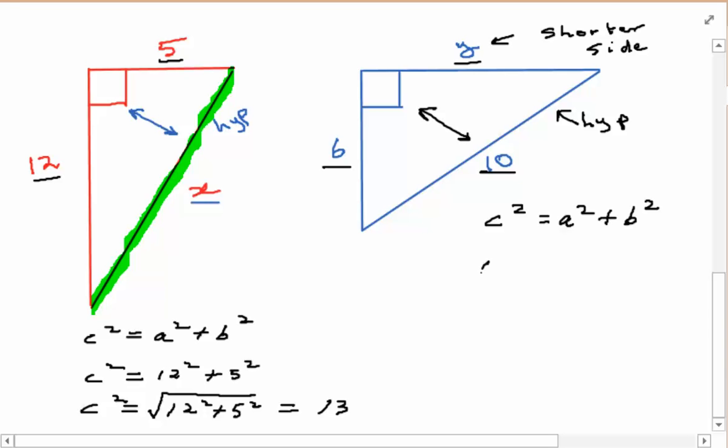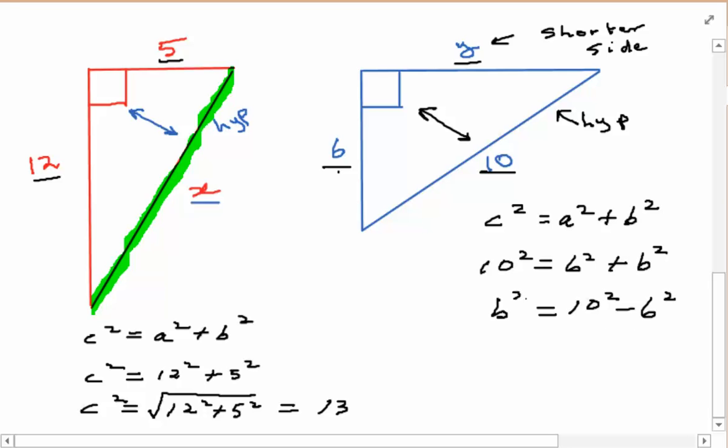So that's your 10 squared. Let's say that's your a, so that's 6 squared plus b squared. Yeah, my b and my 6 look a bit similar, don't they? But anyway, eventually, hopefully you'll see, well, we need to go 10 squared, subtract the 6 squared, the smaller value,